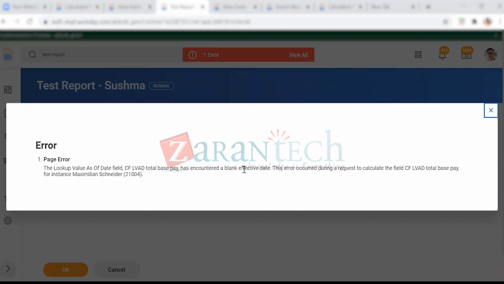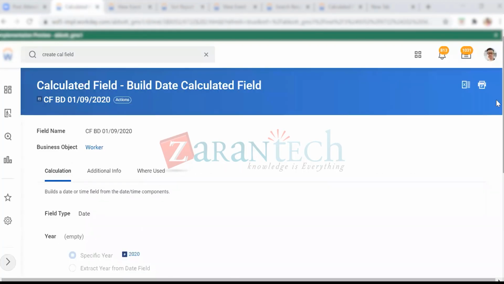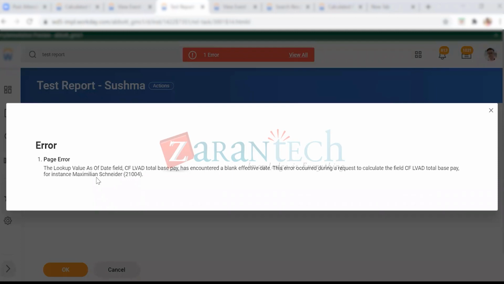So the lookup array has encountered a blank effective date. This occurred due to the calc field, maybe local base pay. For instance, for this employee, it has encountered a blank effective date. So for this employee, there is no effective date. It is there for this date. Hello, are you there, Sushma? Yeah. So for this employee there is no effective date like this. There is no hard-coded effective date for this particular employee, no effective date called